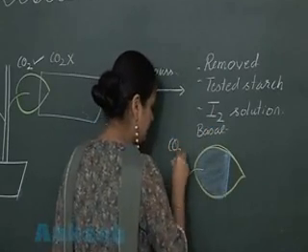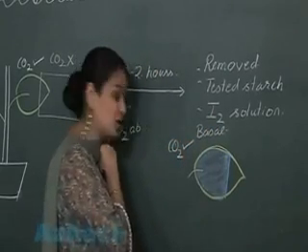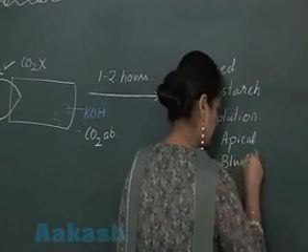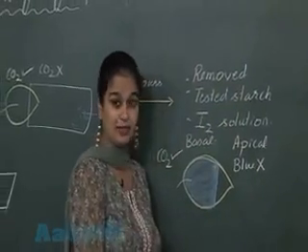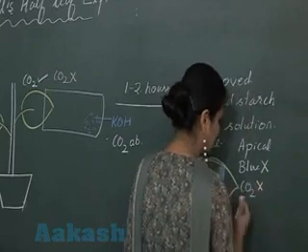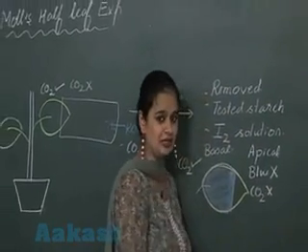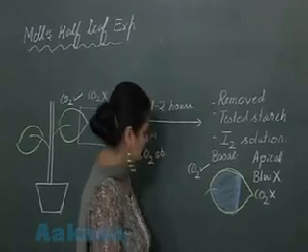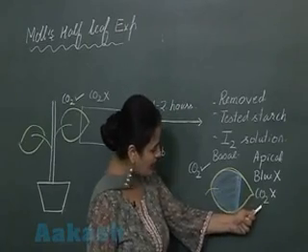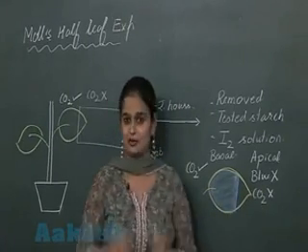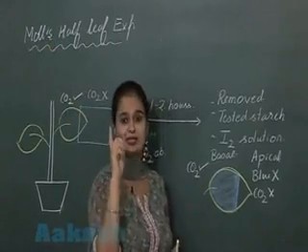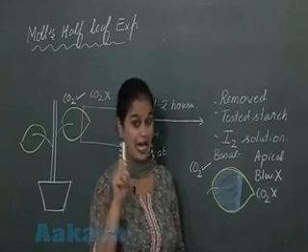Basal part. Here the environment was such that carbon dioxide was present, and in the apical part, the blue color formation is absent, blue color appearance is absent, and in this part, the environment which was present along the leaf, the carbon dioxide was absent. So it clearly shows if the carbon dioxide is available, the starch formation is present. If the carbon dioxide is unavailable, the starch formation is absent. So this simple experiment which was performed by Moll explains the essentiality of carbon dioxide as a raw material